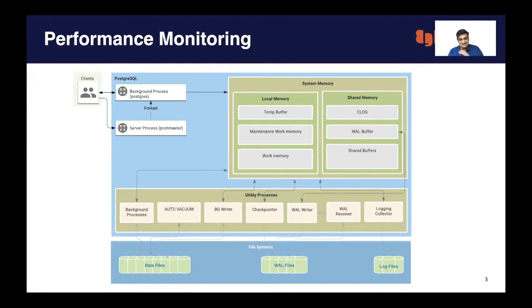So if all these three components work well together, the performance of Postgres would be really good. To do the whole process, you basically need to tune your databases.